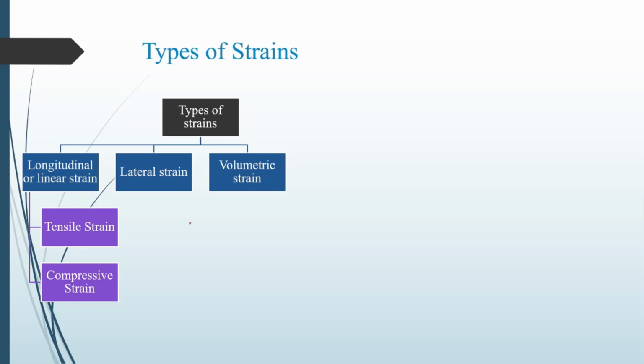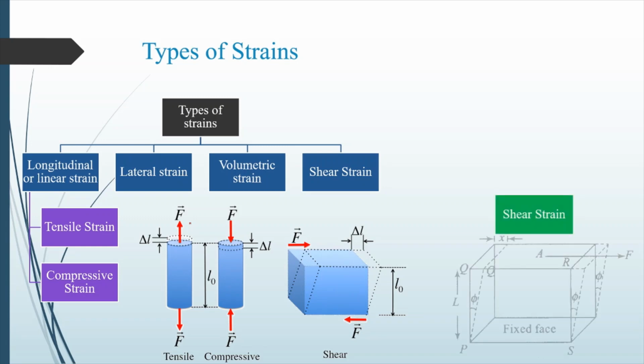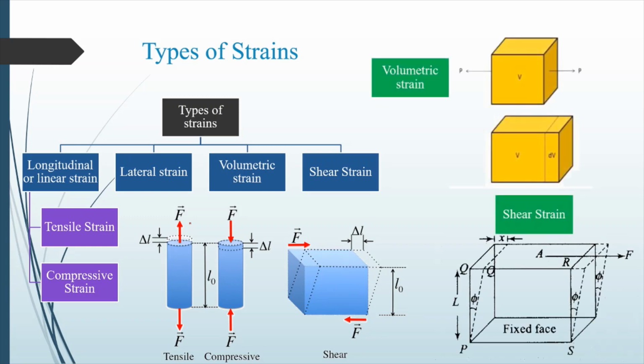Third one is volumetric strain. The volumetric strain is a new concept. Volumetric strain will be the change in volume divided by original volume. So it will be the strain in volume when you focus on the volume. So change in volume divided by original volume will give you volumetric strain. And the last strain is shear strain. Here some diagrams are also given, so we'll see the diagrams.